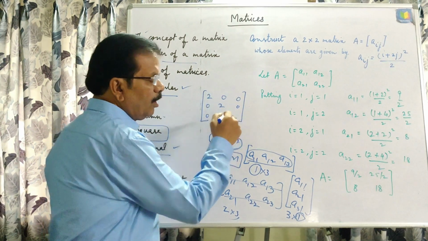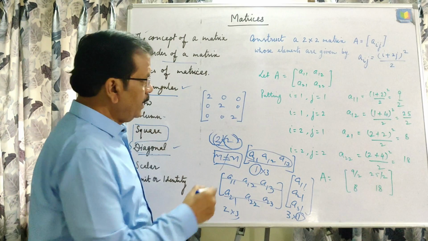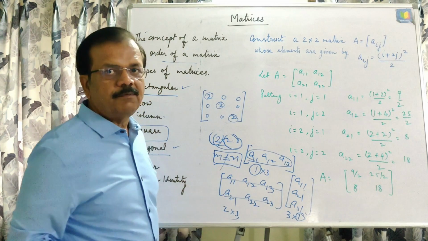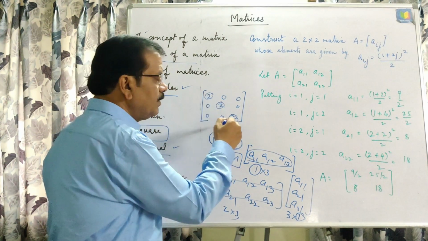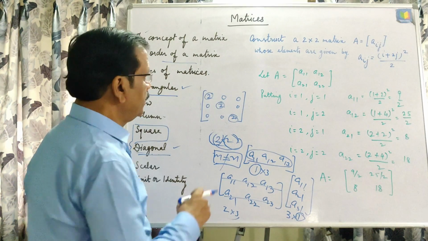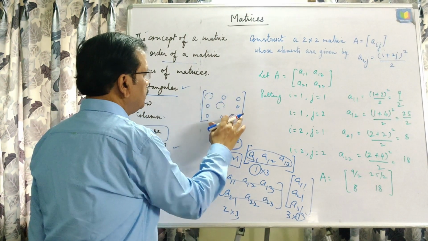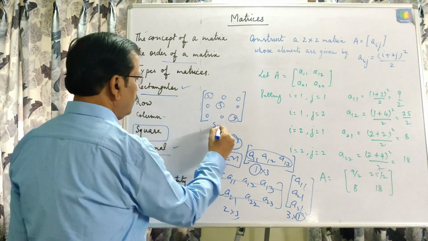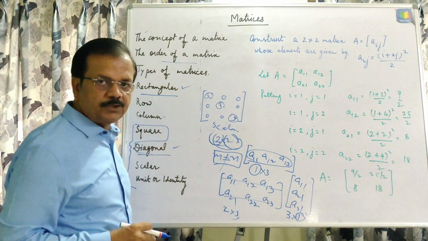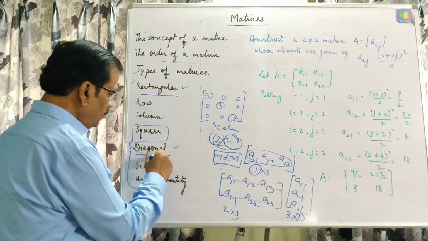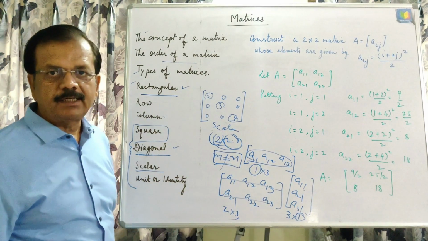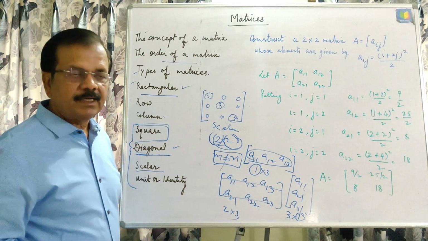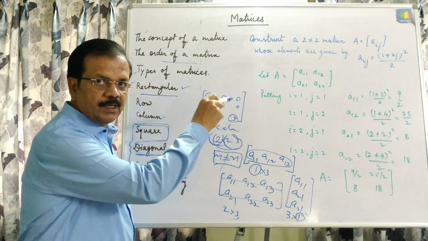But if the numbers are in such a way that all the elements of the diagonal are equal, say you can see here 2, 2, 2, other than this diagonal obviously the elements will be 0, but in the diagonal we are getting the same scalar quantity. You can take any other scalar quantity, 3, 3, 3. This type of matrix is called a scalar matrix. I already told you that all these three, diagonal matrix, scalar matrix and unit or identity matrix, are special types of square matrix. And what is a square matrix? The number of rows and columns will be equal.